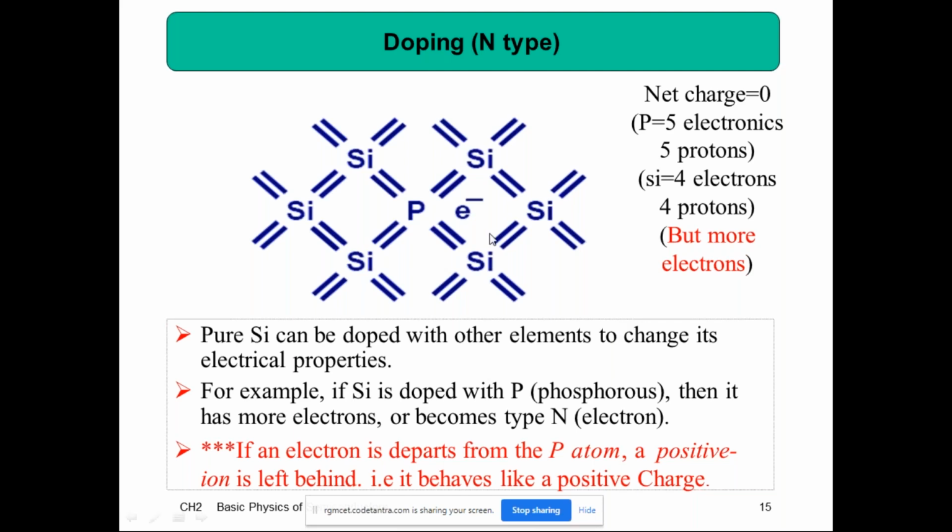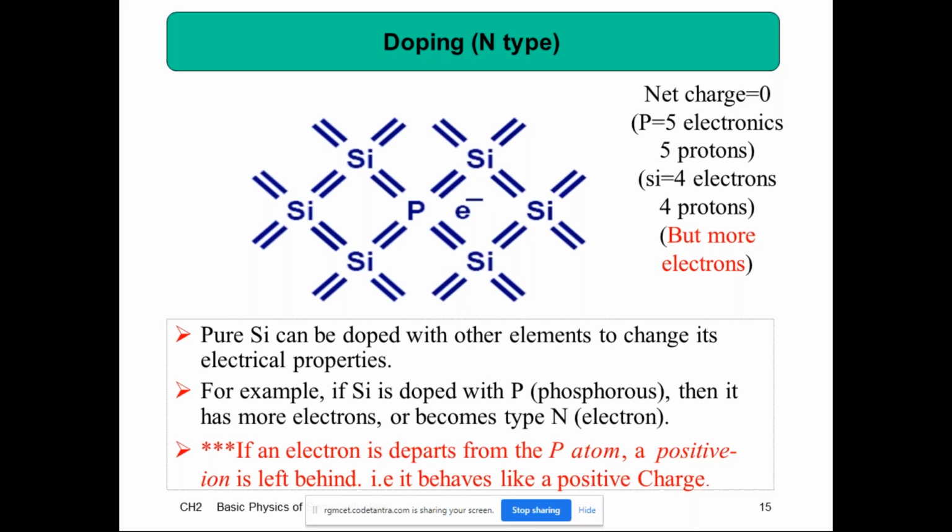Right? Once again, here it is a doped N-type semiconductor. Doped means pentavalent atoms are added. Here one example is phosphorus. Phosphorus has 5 valence electrons. 4 valence electrons are strongly bonded with the electrons of 4 silicon atoms, a complete covalent bond. 1 electron is free. Even though 1 electron is free, what about the net charge here? Net charge is equal to 0.